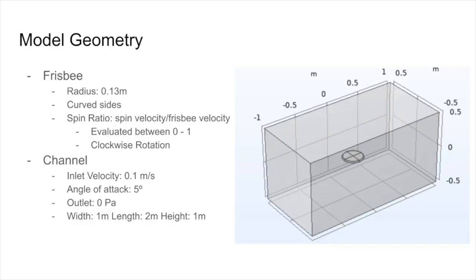In some of the solutions, the Frisbee was spun clockwise at different rates with respect to the forward velocity. A channel around the Frisbee was designed with an inlet velocity to mimic throwing the Frisbee at a 5-degree angle of attack. The channel was designed with a large enough domain size to show the full effects of the flow